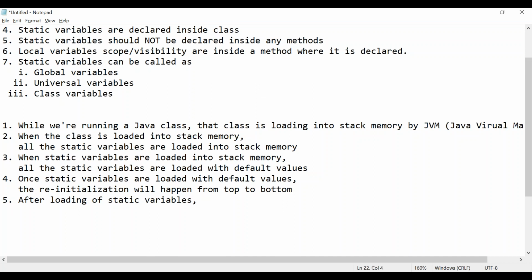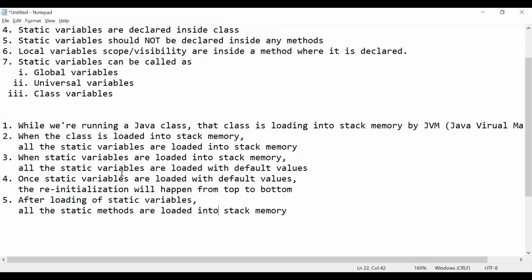JVM will load all the static methods. After loading static variables, all the static methods are loaded into stack memory. All the static methods are loaded in stack memory, right? Correct? Loaded into stack memory.